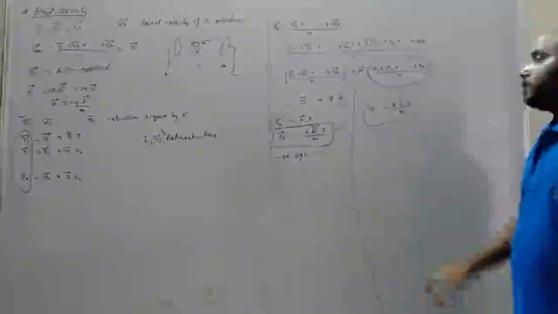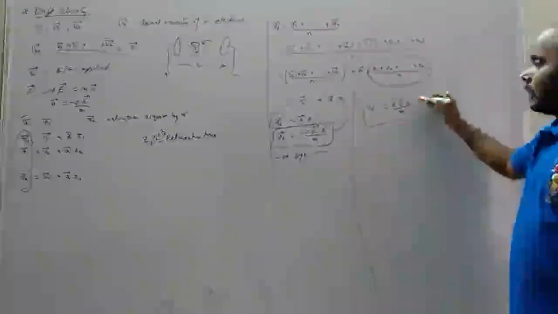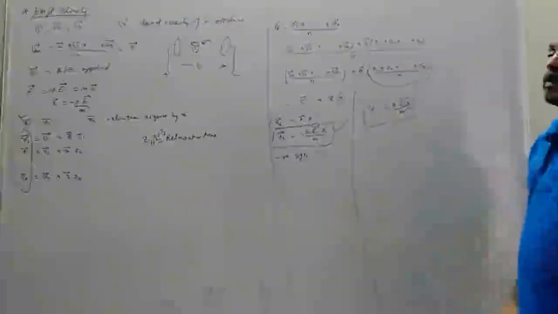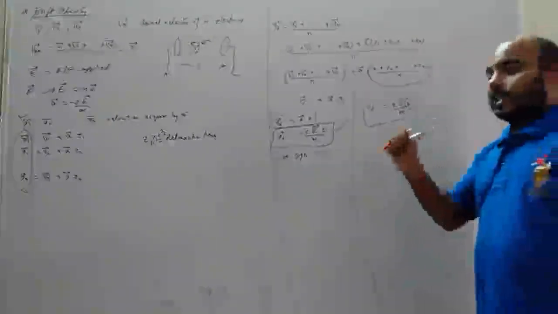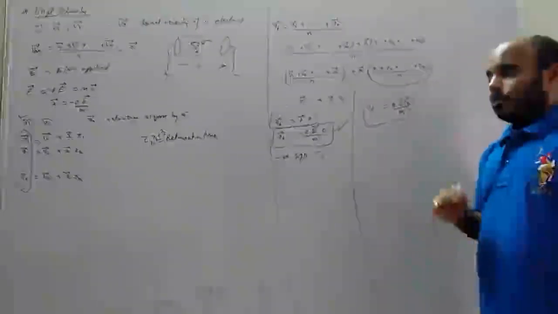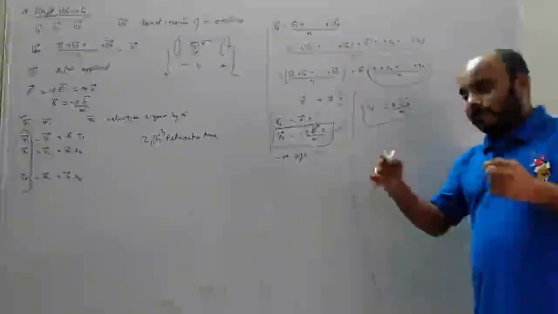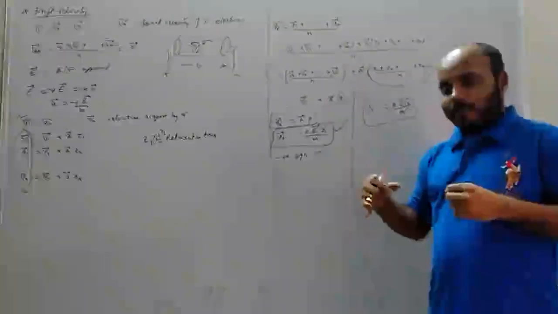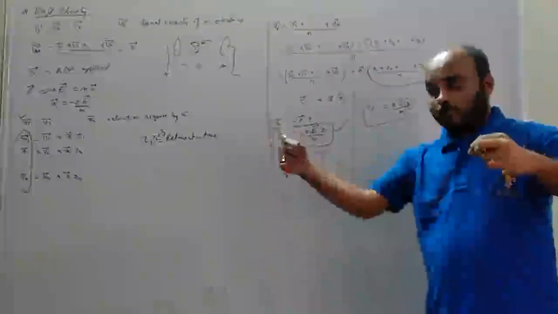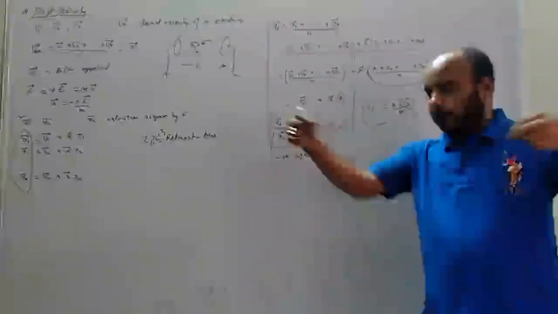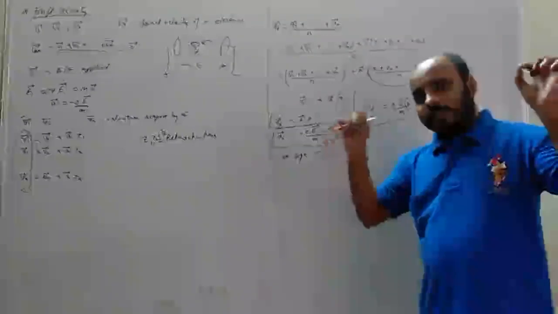Now, in this, try to understand this tau. What is this tau? This tau is relaxation time. Now relaxation time means what? Time between two successive collisions. One collision happened, it moved for a little while, then the second collision happened. So the free time between two collisions is called relaxation time.